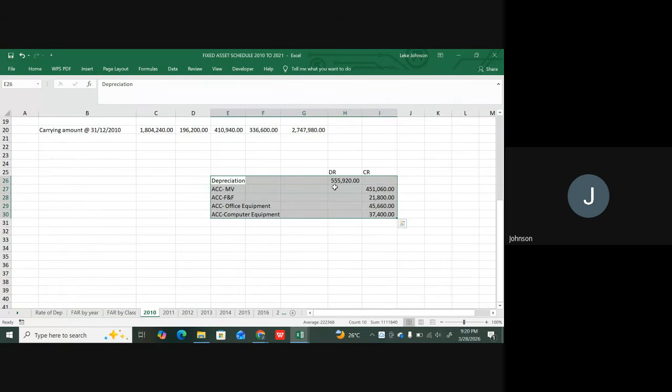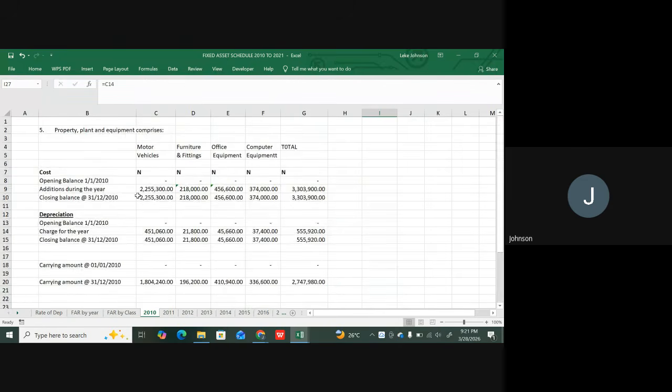You want to now show that the depreciation aspect is going to your profit and loss account. Then the accumulated depreciation is to be shown against the cost, so that at the end of the day you say, okay, how much motor vehicle have we depreciated? Okay, we have depreciated only 451. So you continue to accumulate. So apart from doing this, you're also going to do something. So you now come over here, our assets,